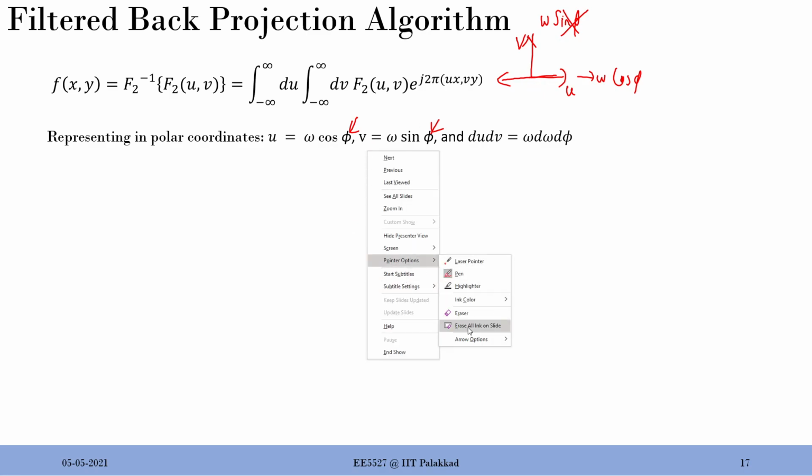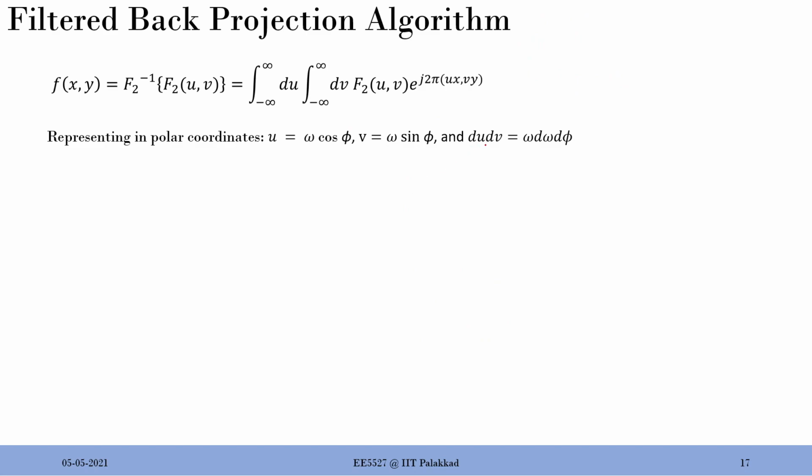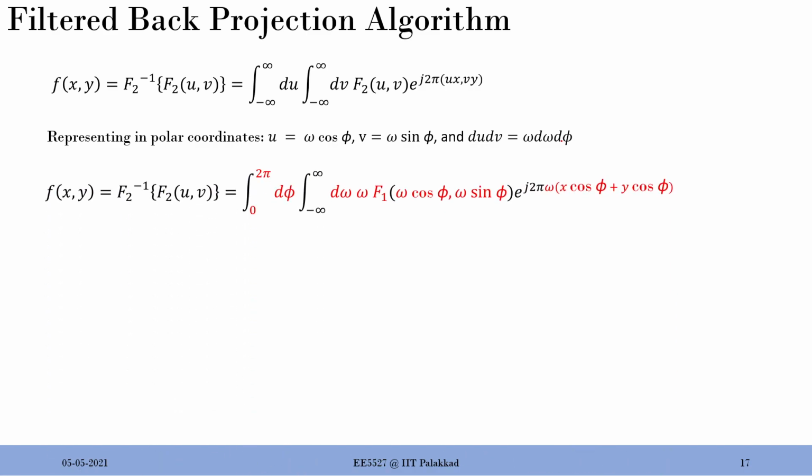And then I'm not going into the derivation part of it. Then you can prove that du dv for the slices at a particular angle can be given by omega d phi. Okay, just believe me, it's correct. You can derive it if you're keen. Now, putting this into the equation f of x y, the red is what is highlighted, which is the change from the previous expression. So now it is no more in du and dv, it will be in d phi and d omega,